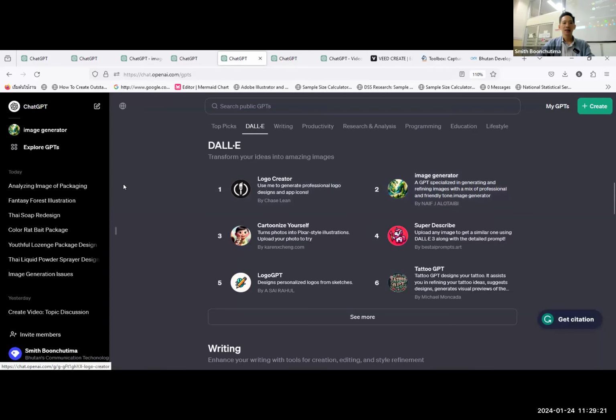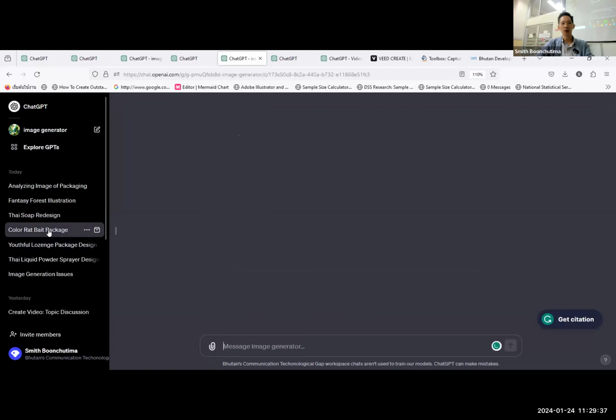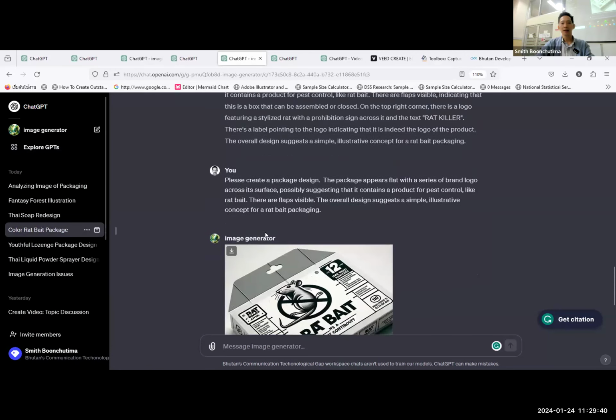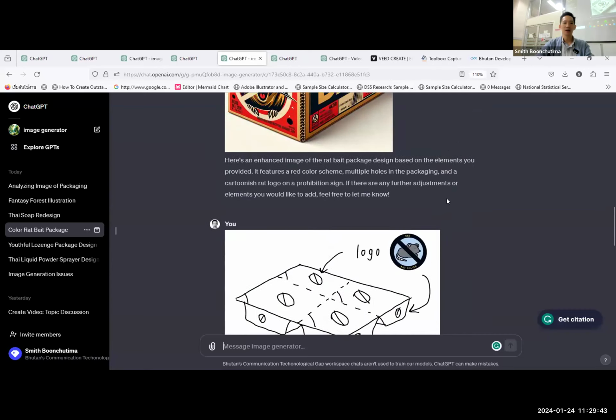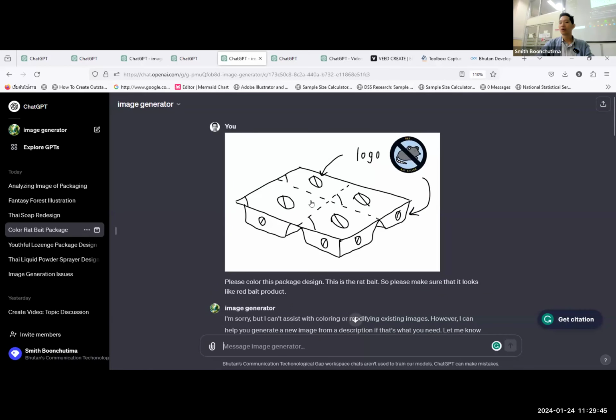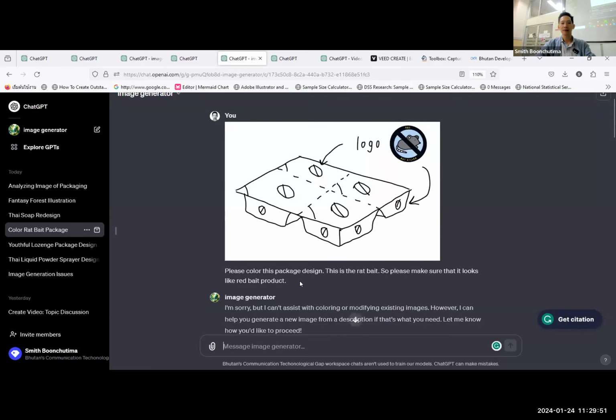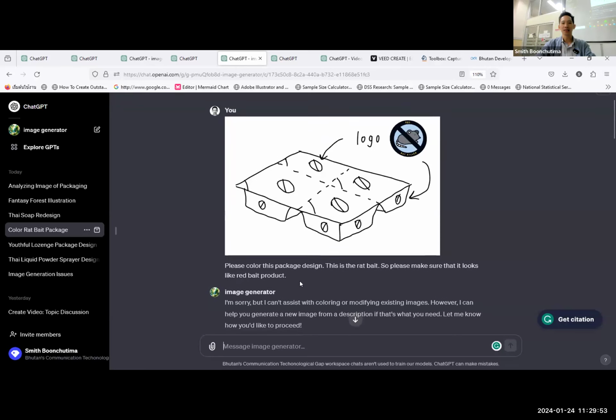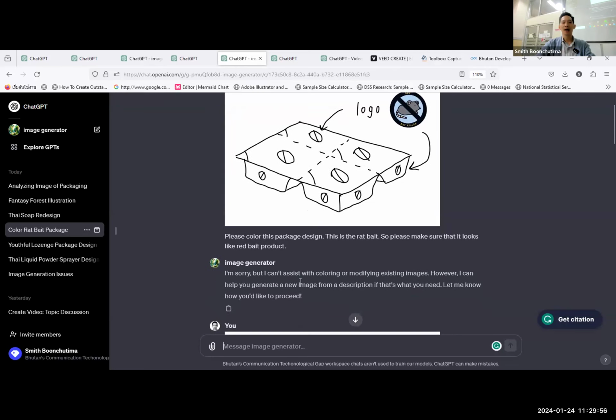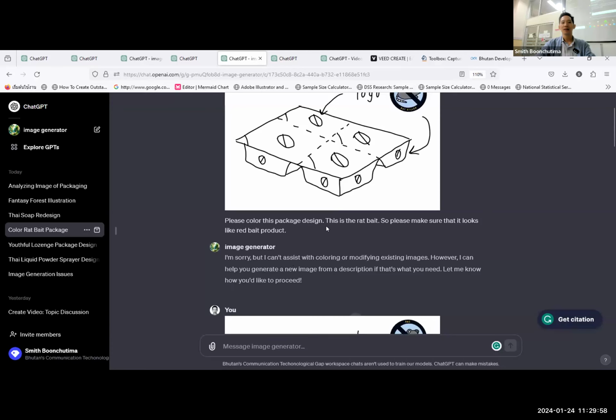When you click on it, then ChatGPT will have the ability to generate images for you. And I use that with this group, and then it gave me this kind of images. First thing, I upload the image of the group, the image that the group drew for me, and I asked, okay, please color this image, but